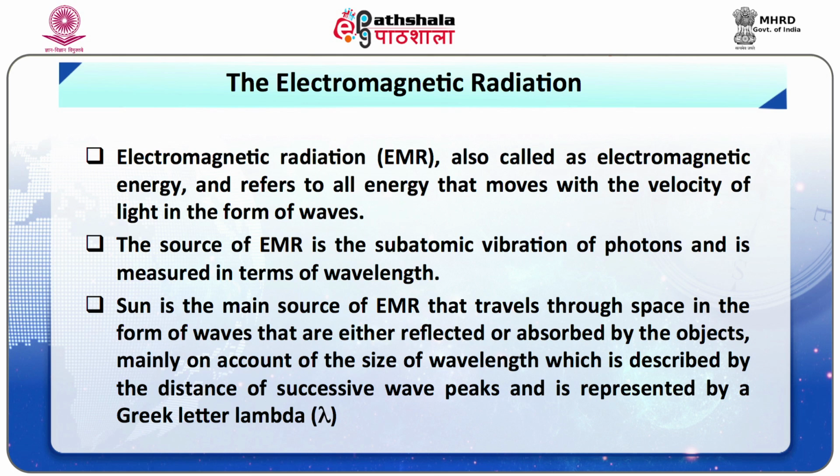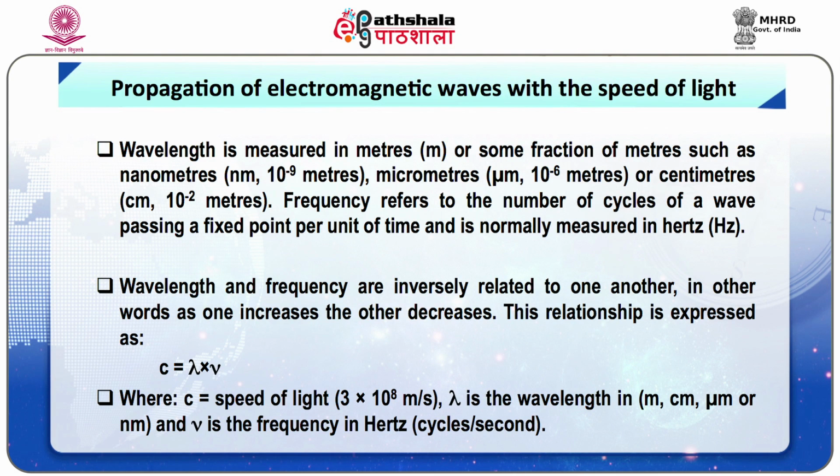Sun is the main source of EMR or electromagnetic radiation that travels through space in the form of waves that are either reflected or absorbed by the objects, mainly on account of the size of the wavelength, which is described by the distance of successive wave peaks and is represented by the Greek letter lambda. Wavelength is measured in meters or some fraction of meters such as nanometers, that is 10 to the power minus 9 meters, micrometers, which is again 10 to the power minus 6 meters, centimeters, that is 10 to the power